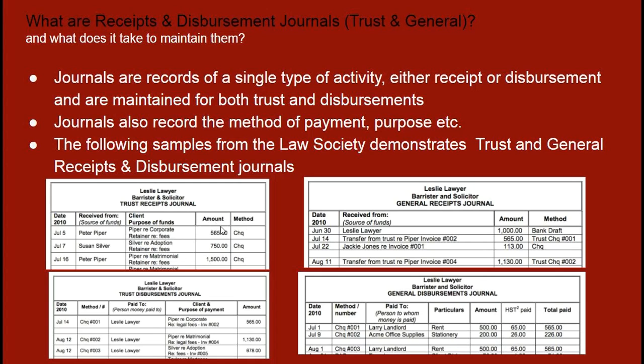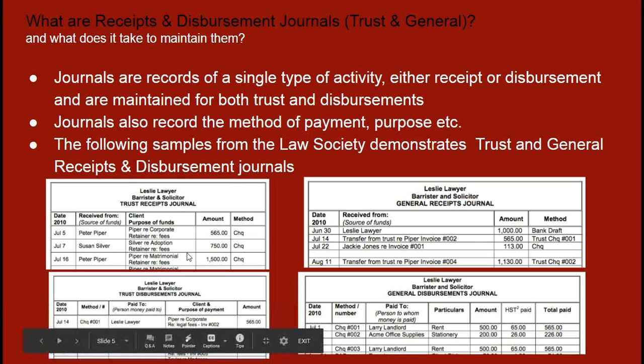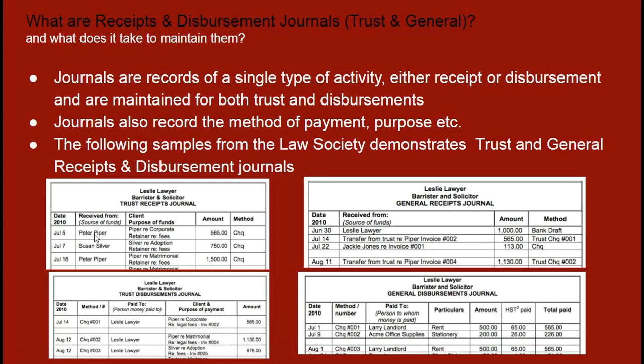The date remains the same, the amount remains the same, and you can notice that there's no running balance because this is proof. So they're basically just saying, if you are telling me that you've got $40,000 into that trust account on August 30th, you need to tell me who paid you that, and how did they pay you? Okay? So for a trust receipts journal, it's the date, the client or whoever paid, the purpose, the amount, and the method.